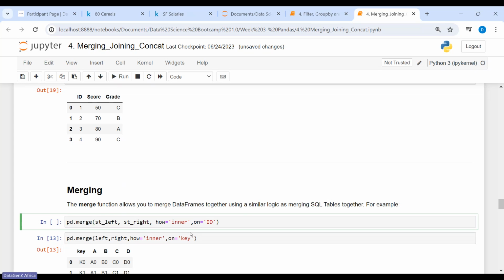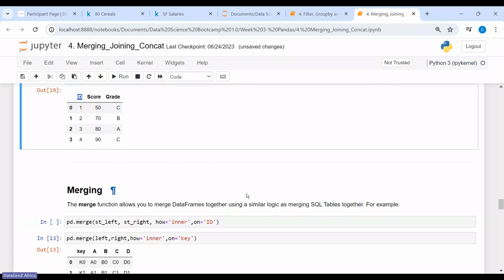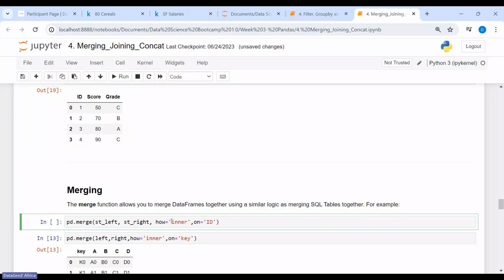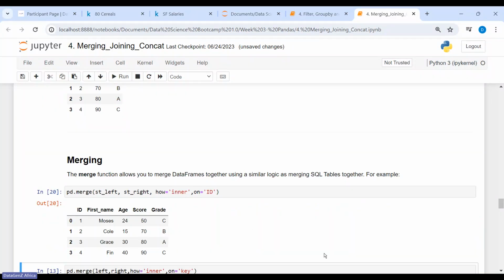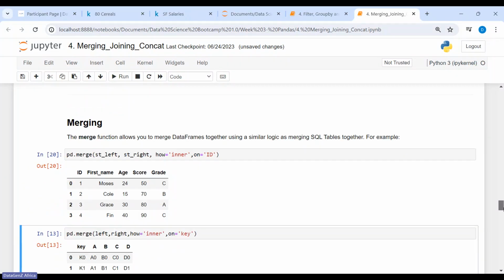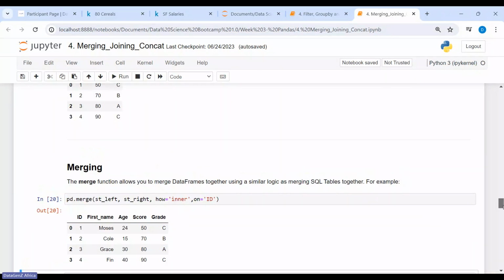Let's take note of the syntax. I mean the capitalization and everything, because that's going to affect our merge function. Now, when you do your merge, this is what happens, because it's an inner join. So what it does is that it picks